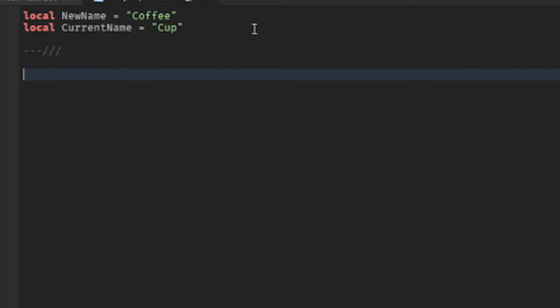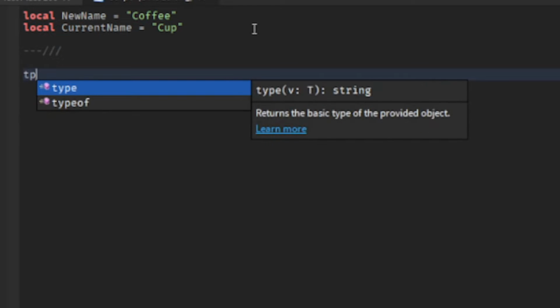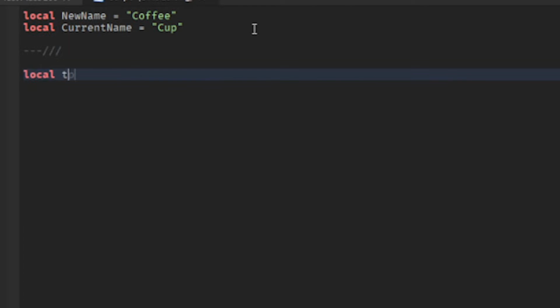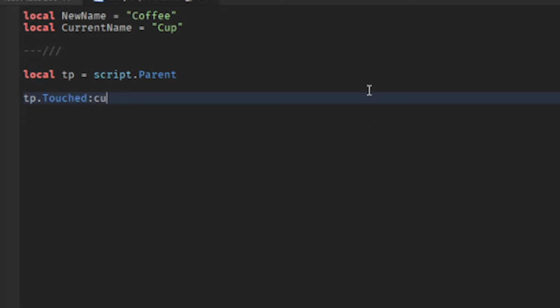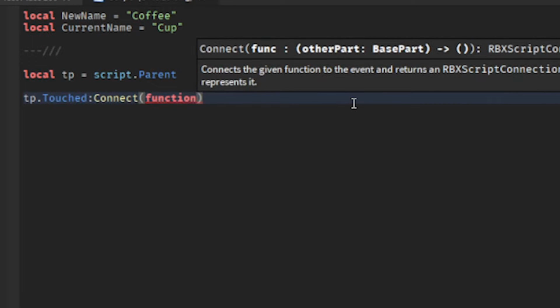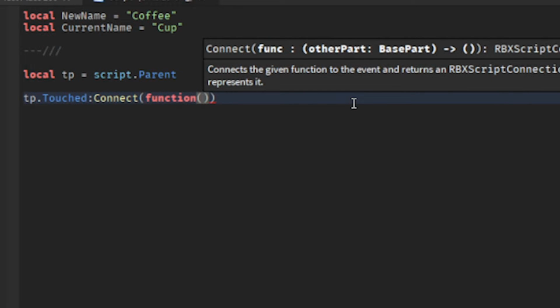So next, we're going to do TP, local TP equals script.parent. This gets the script's parent, which is the touch part, and TP just stands for touch part. So this will be the part that our coffee cup touches. So we're going to do TP.Touched:Connect, function, and then we're going to put